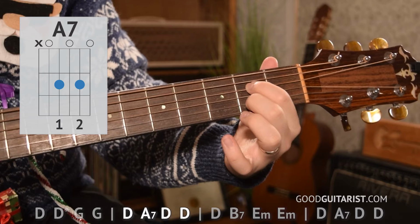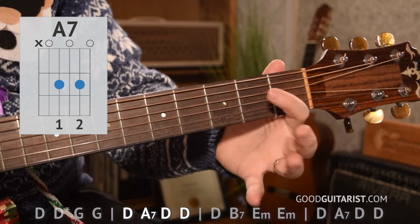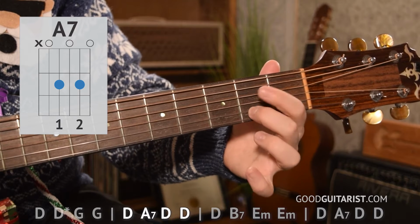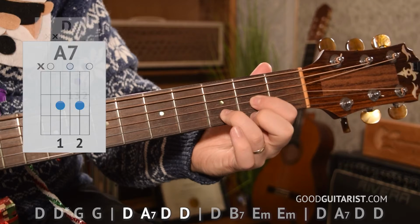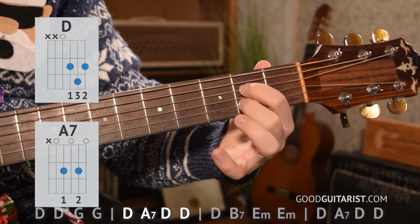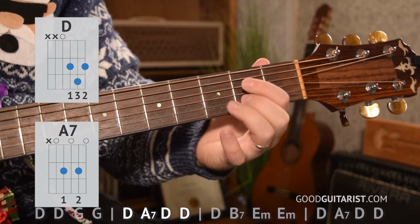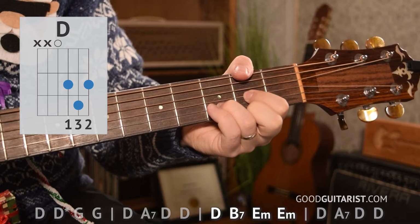A7. And for A, you can play a regular A chord, but I like A7 here. I have my index on the 2nd fret of D and then my middle on the 2nd fret of G. And that way, when I go for my D chord, I just move those 2 fingers up like that. That smooths it out a little bit. We come back to D. And then D,